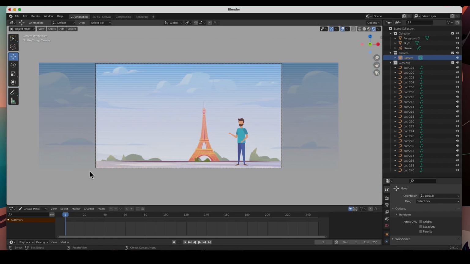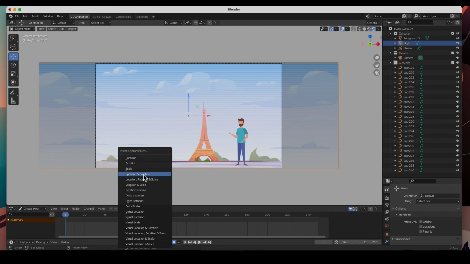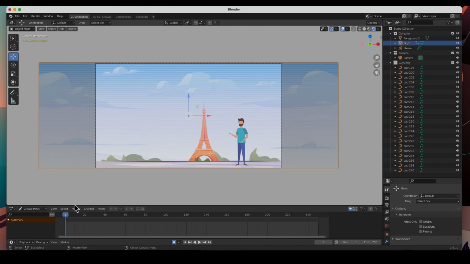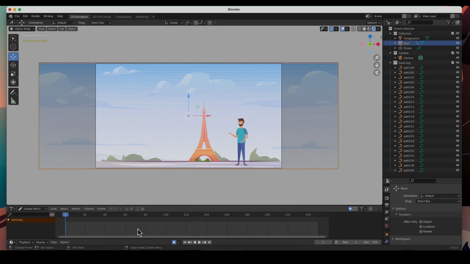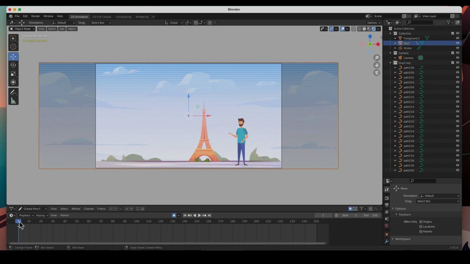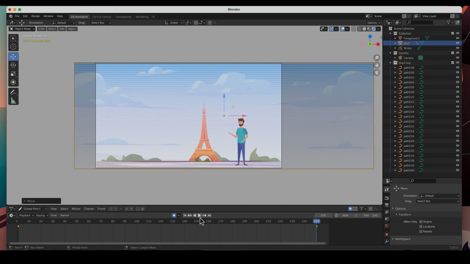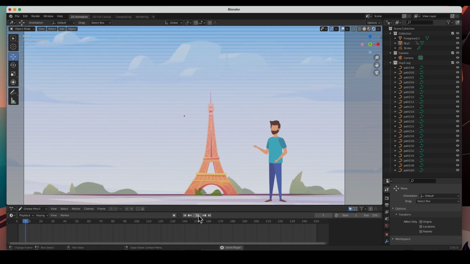The only other thing I did, guys, I selected this. I turned on auto keyframe. Hit I to create a keyframe right there on the location. And whoa, I don't see a keyframe. It's because, remember guys, this is not a timeline for tweening. This is just a dope sheet. The real timeline is right here. There's my keyframe. I'll go all the way over here, push it there, and it automatically creates a keyframe. And hit play, and we're done.